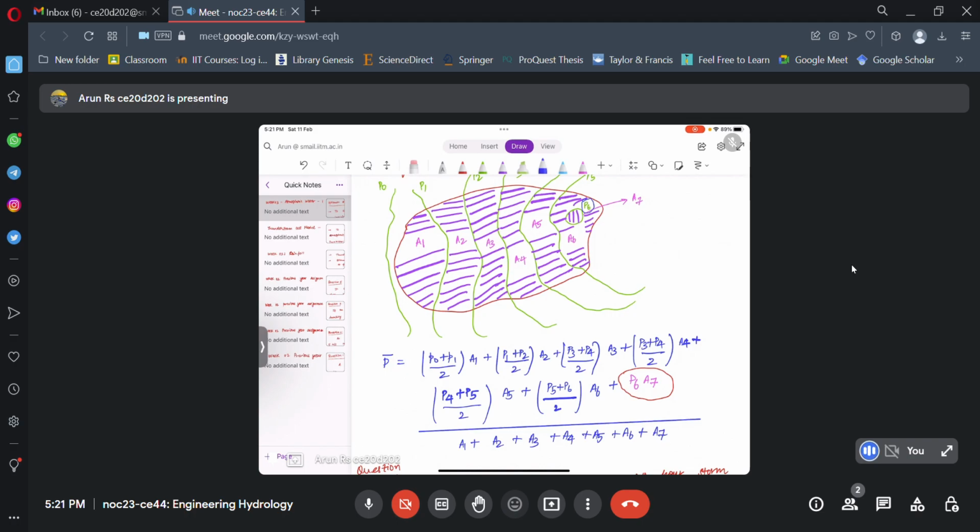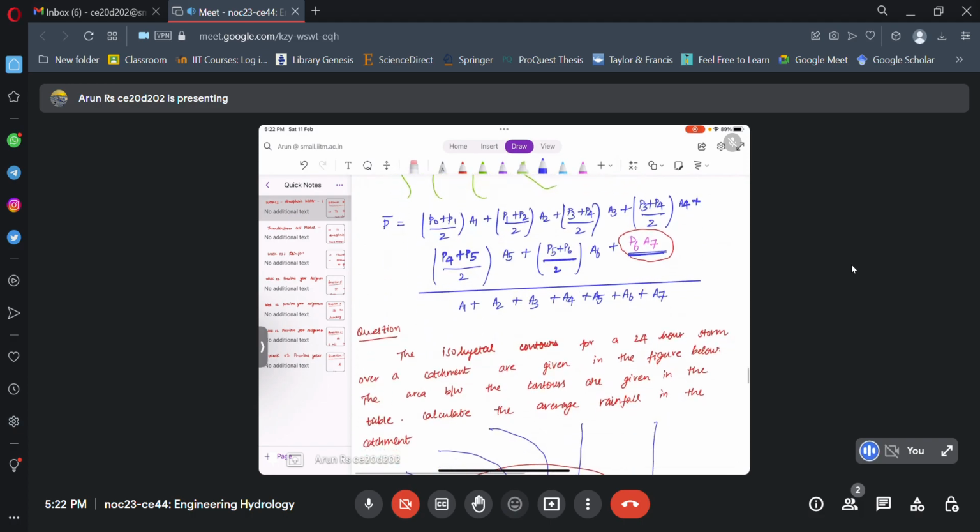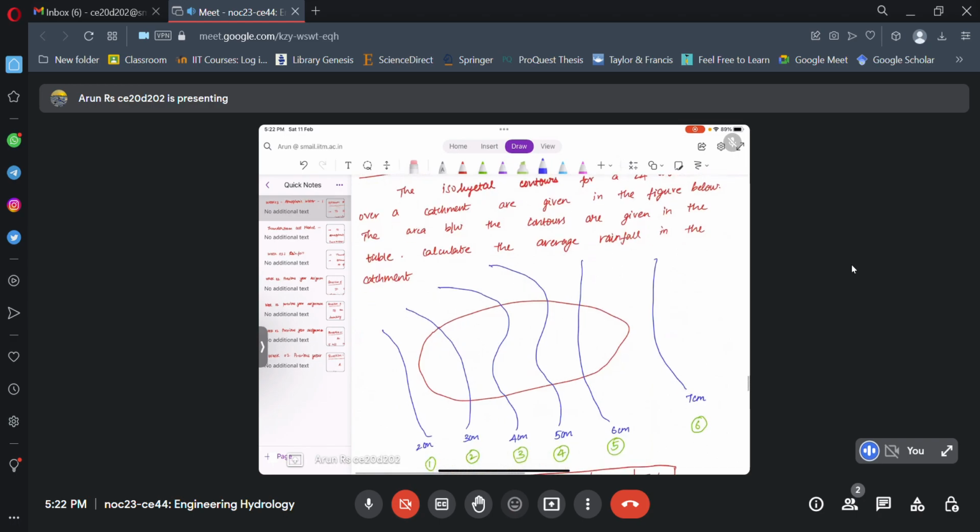But for circular isohyets, closed isohyets, you need to take the precipitation which is given outside this region itself. We should not take the average value of the precipitation. That is the only change which we have to make, and we can compute the average rainfall. So moving on to the question,